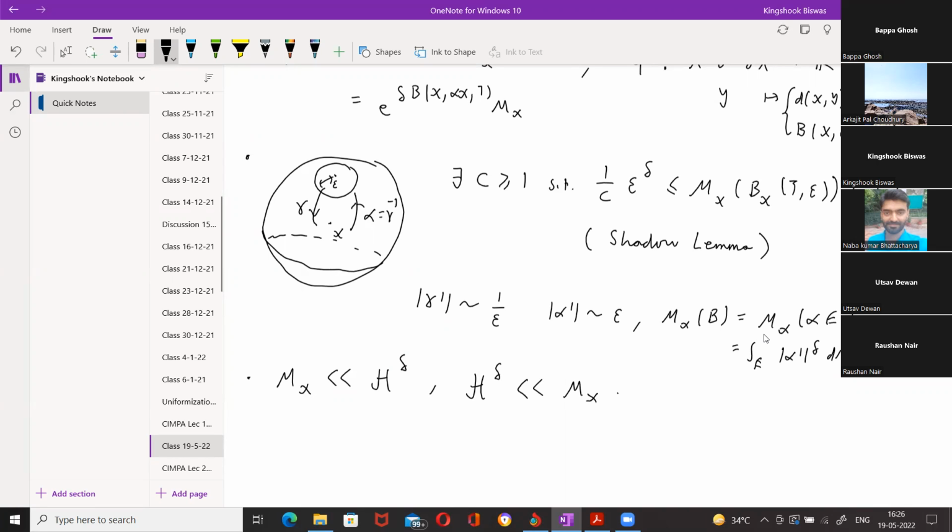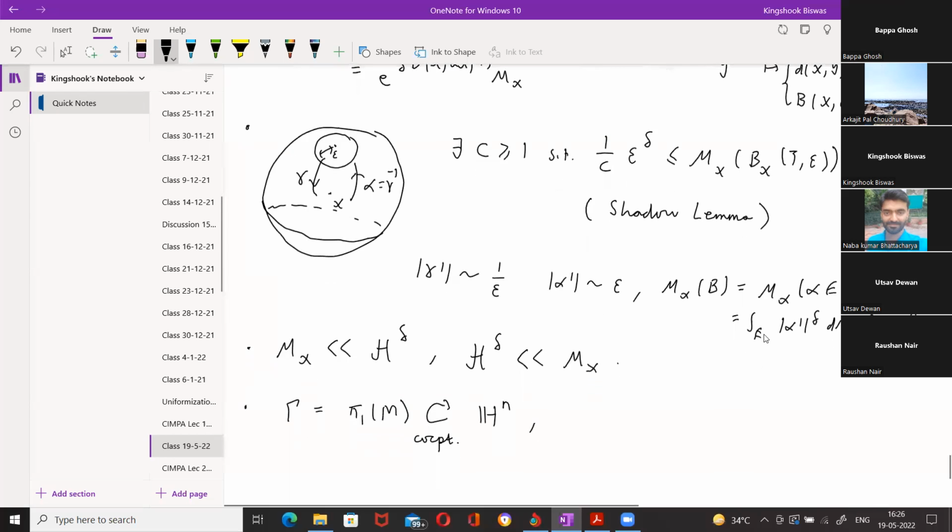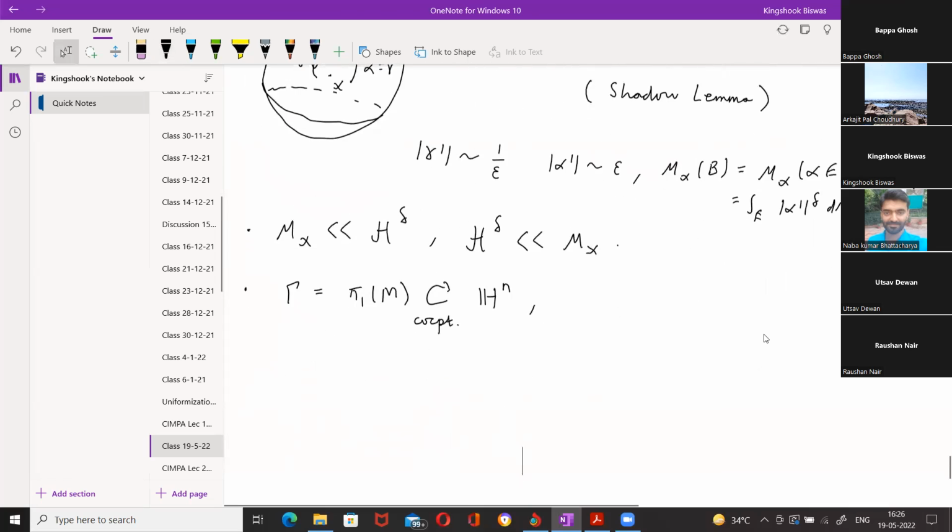All right. Now you do this where gamma is equal to pi 1 m, which is a co-compact group acting on Hn. Okay. So in this case, because gamma is co-compact,